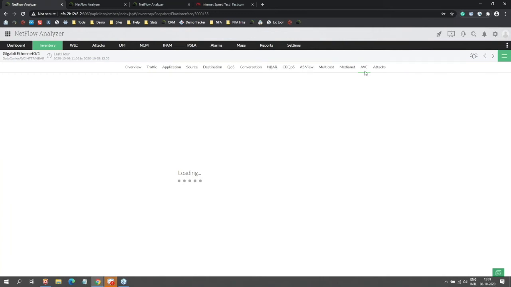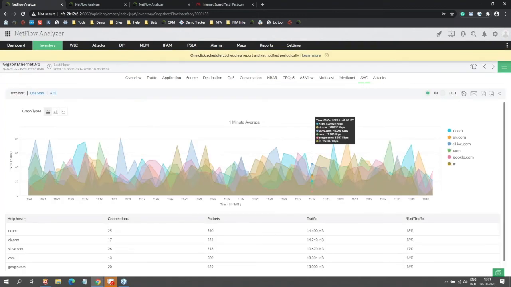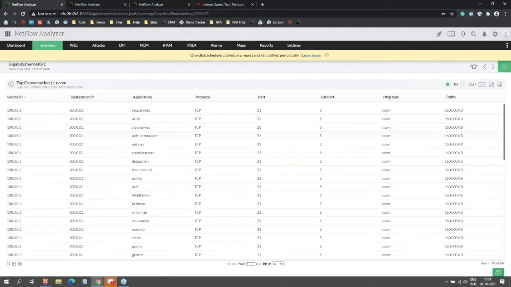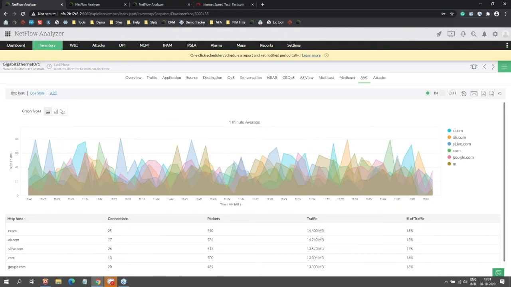So we have this AVC tab that will give you that information. HTTP host information is available, broken down based on the HTTP host. You can get all the details as in host-wise information.